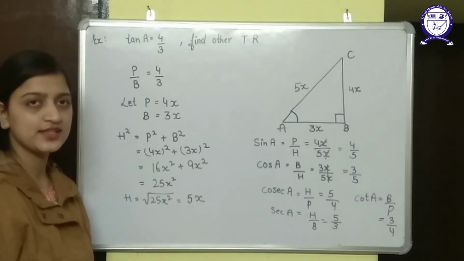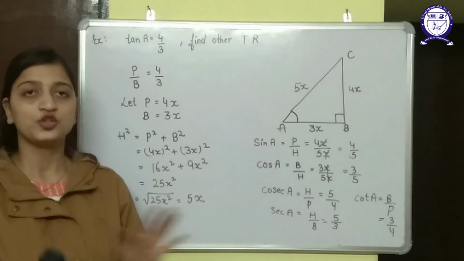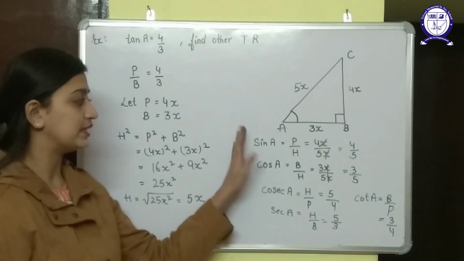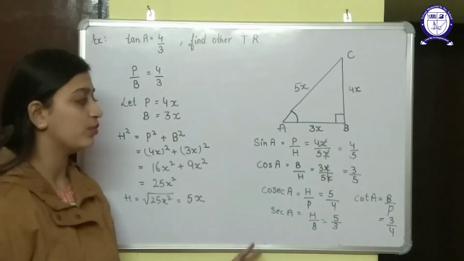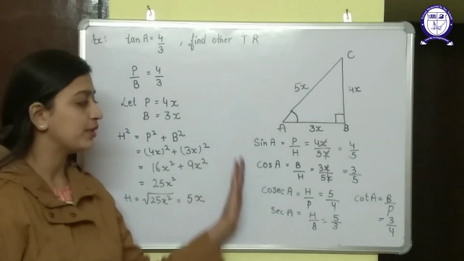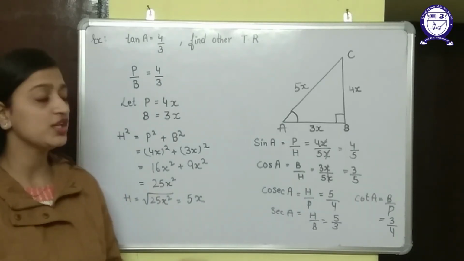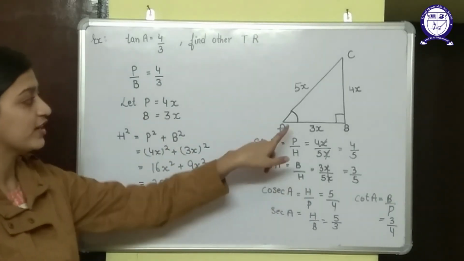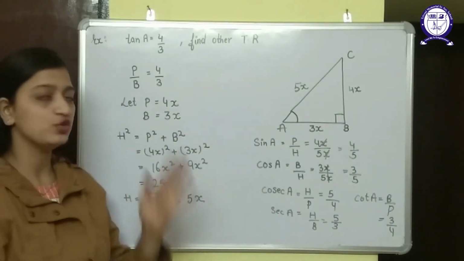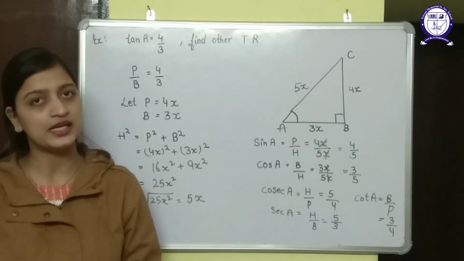All the questions of this exercise are of this type only. You need to do this exercise to understand the very basic concept of trigonometry, because without doing this and without remembering these formulas, you cannot proceed to the further exercises. Okay, so you have to remember these formulas and do the questions very carefully, because in the same question, they will say one time sine A and the other time it will ask for sine C. So the values keep on changing for perpendicular and base, but the hypotenuse remains the same.